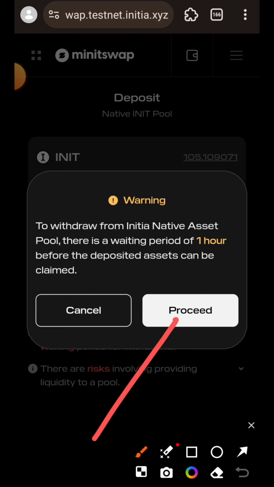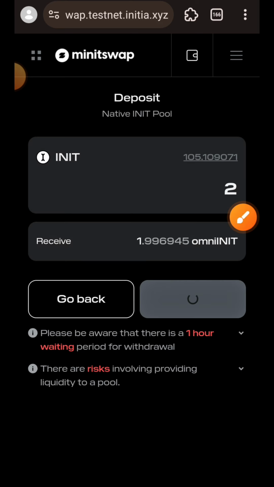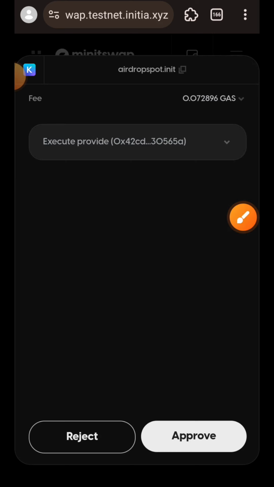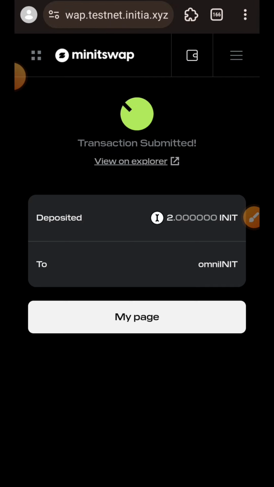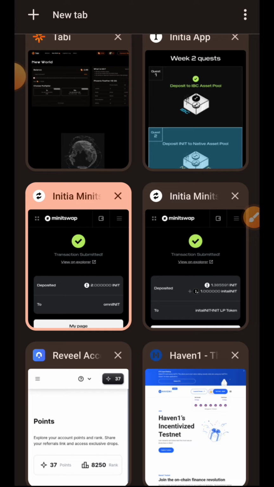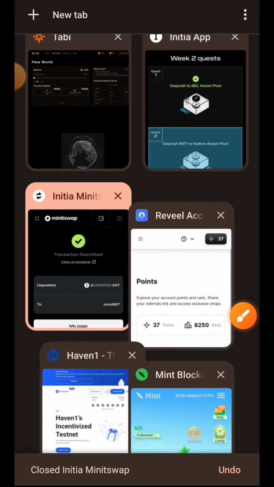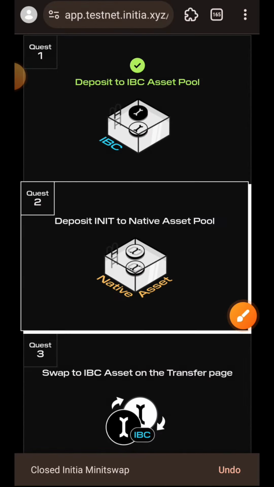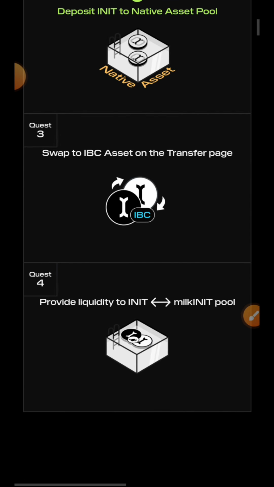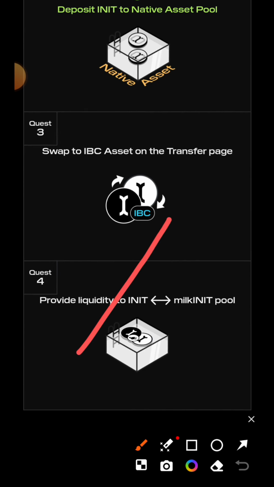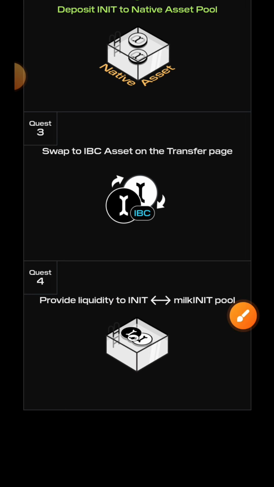I'll tap on proceed. Transaction submitted. I'll return to Initia Testnet website. Quest verified. I'm going to move over to quest 3, which is to swap to IBC asset on the transfer